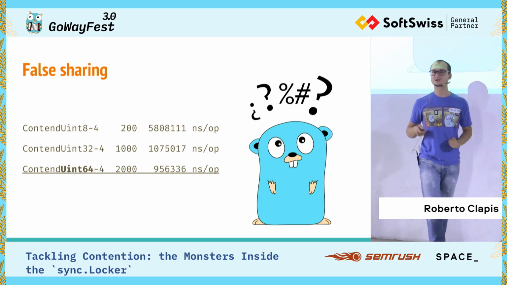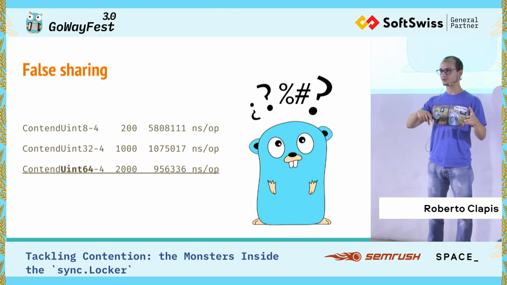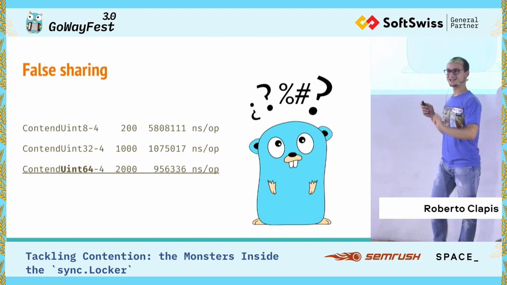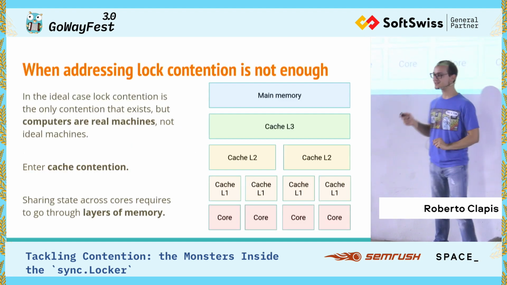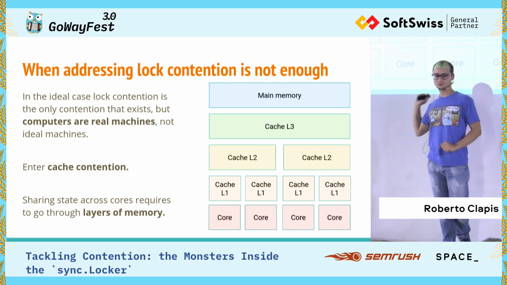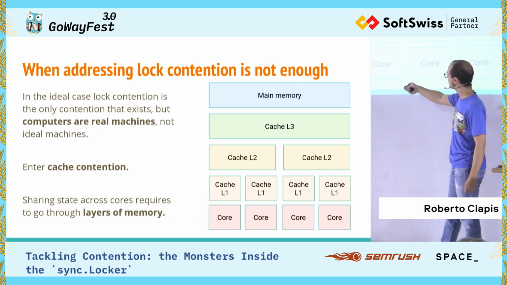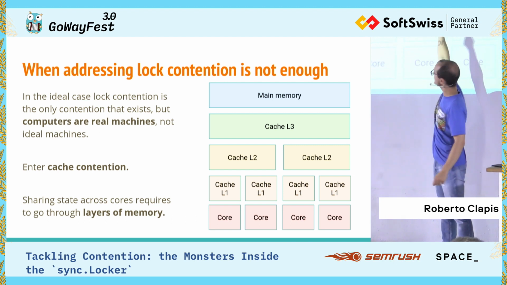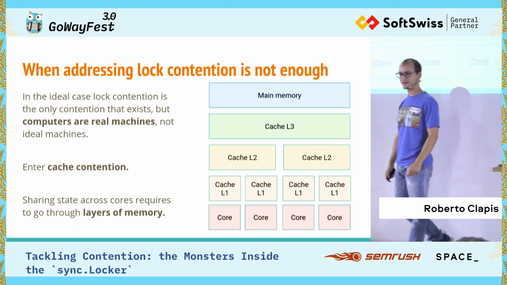So you say that there is contention on some area of the memory because the lock protects 64 bits? Almost. So the problem is that this is your actual CPU and your memory model. This is what you should always keep in mind. Every core has its own cache, and those caches have caches, and it's all caches all the way to main memory.